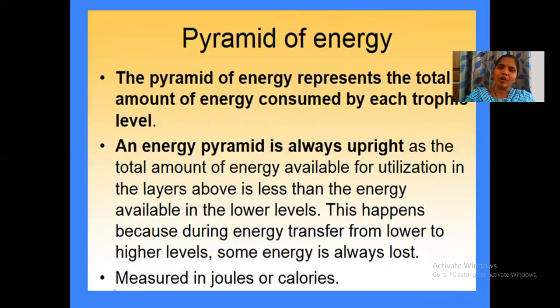But if you take the pyramid of energy, as I told, pyramid of number or pyramid of biomass can be upright or inverted. I just mentioned this. Depending on which type of ecosystem we consider, it can be upright or inverted. But the pyramid of energy, irrespective of what type of ecosystem we take into consideration, is always upright, because the energy available in the producers is more, and that energy which is stored in the plant's body is consumed by itself for its growth, and then only a small amount is stored for the next trophic level.